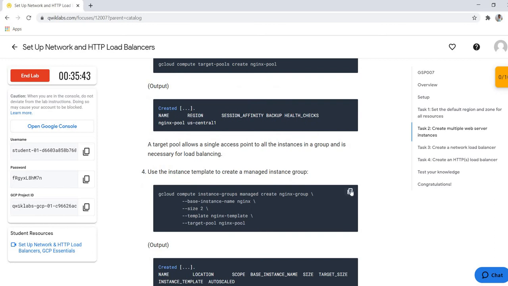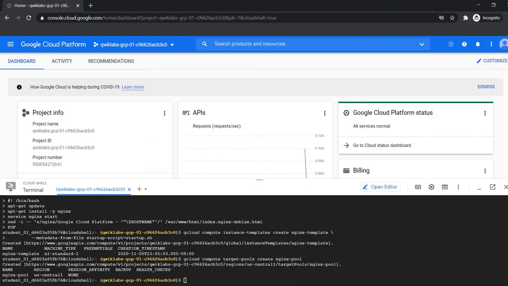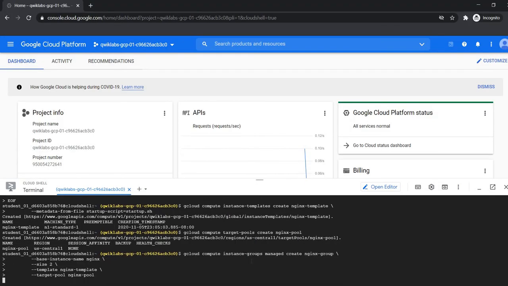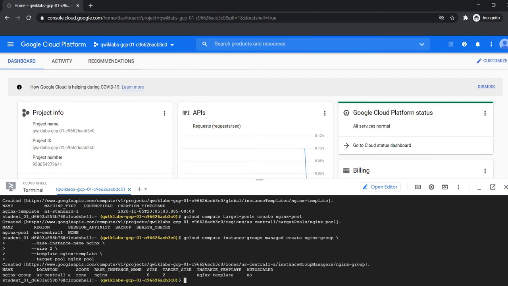And create one instance group with this Nginx pool. It may take some time to create one.